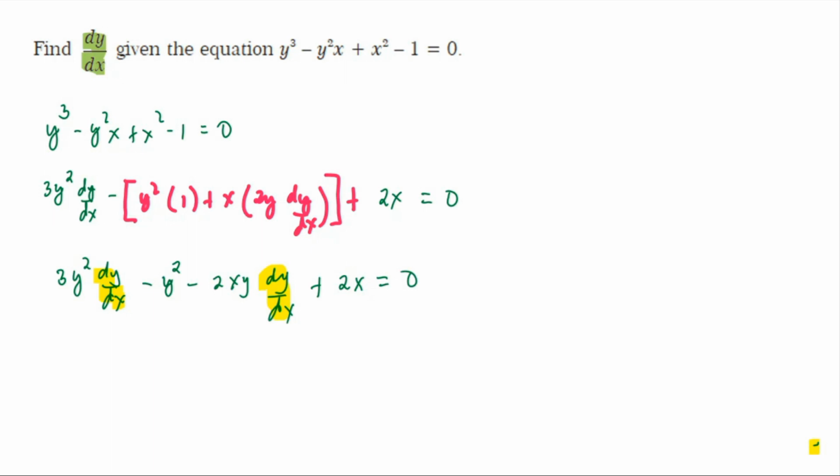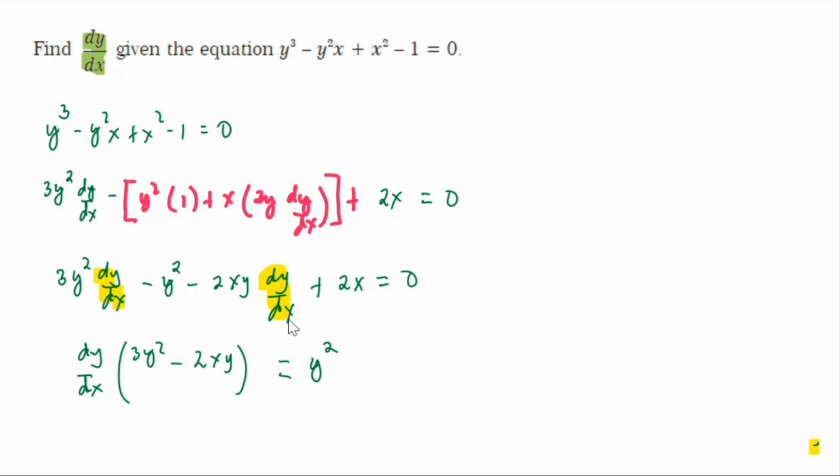So I will write that one on the left hand side. So we can write now dy over dx as our common factor between the two terms that I have shaded in yellow, times 3y squared minus 2xy is equal to... the other terms we're going to transpose to the right hand side. So from negative y squared, it becomes now positive y squared, and negative 2xy dy over dx will remain here